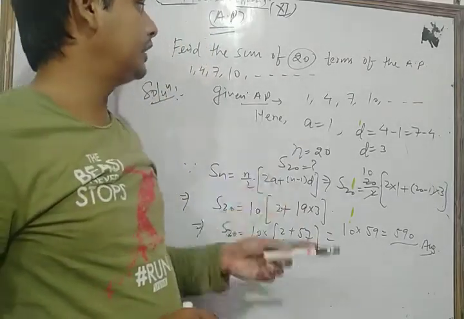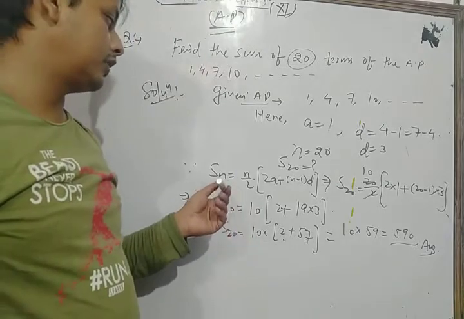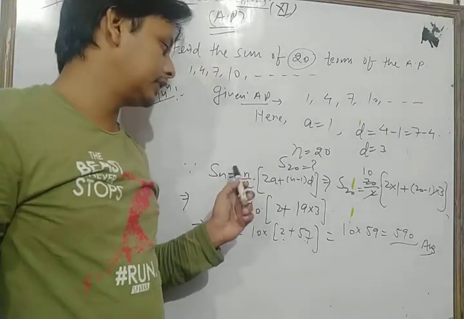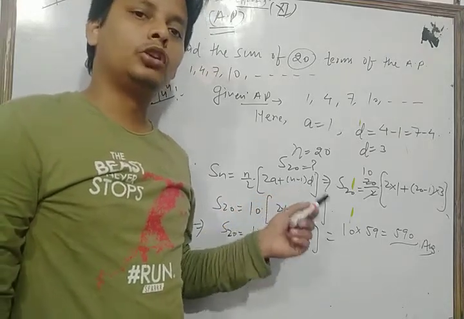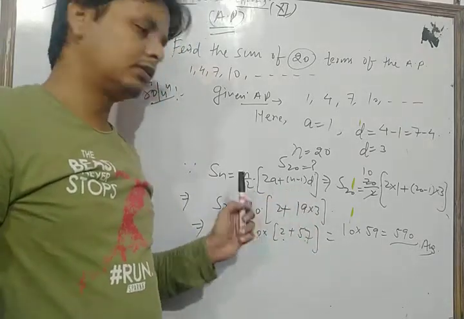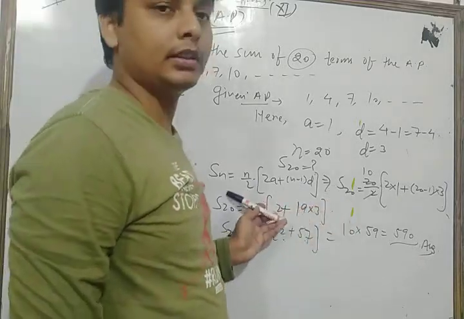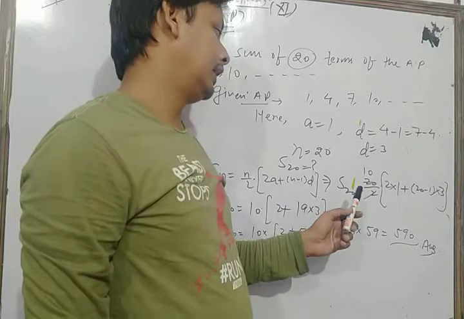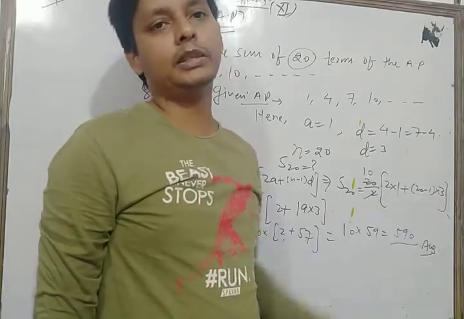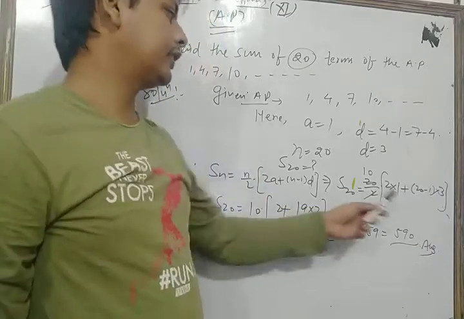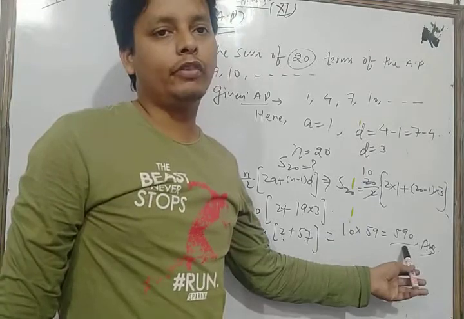Now after that you have to find the sum of 20 terms. We know that, dear student, the sum of n terms of an AP is given by the formula n by 2 in bracket 2a plus (n minus 1) into d. Now we put all the values in this formula. The value of n is equal to 20, so S20 is equal to 20 upon 2 in bracket 2a plus (20 minus 1) into d, which is 3. Now after solving these values, we get our result as 590.